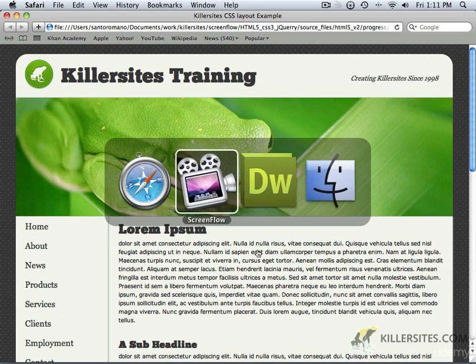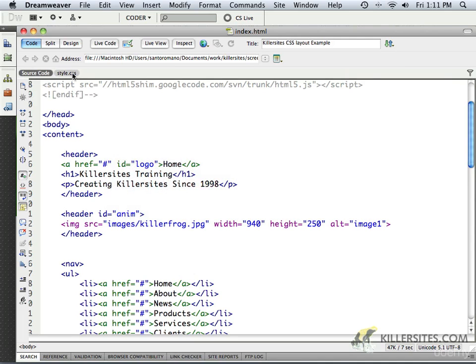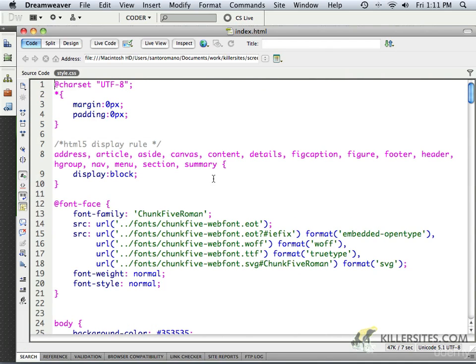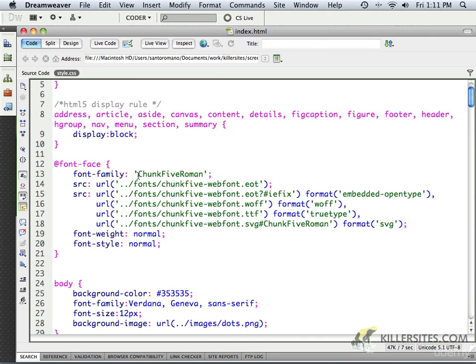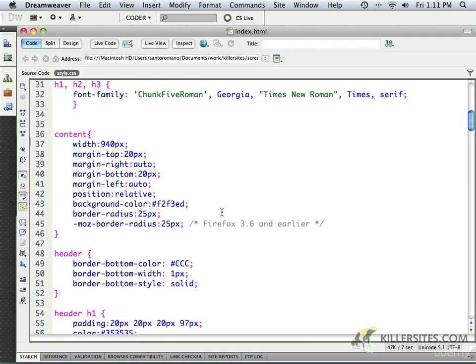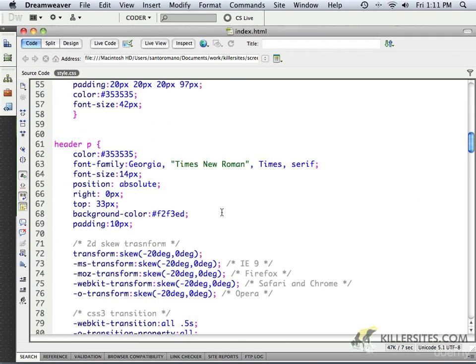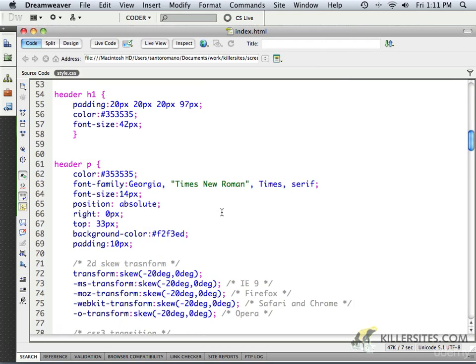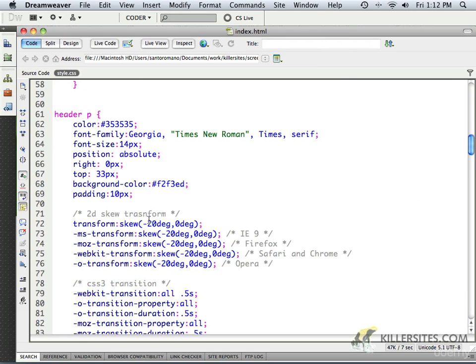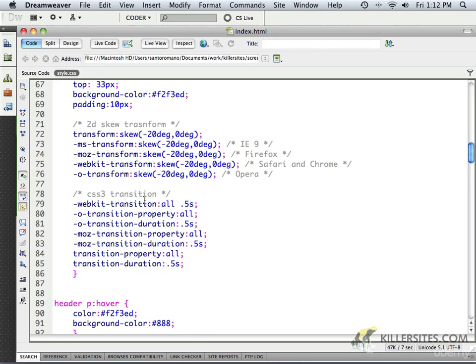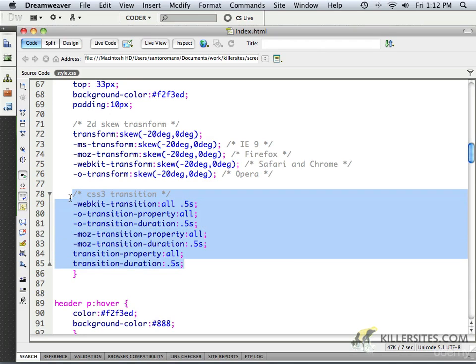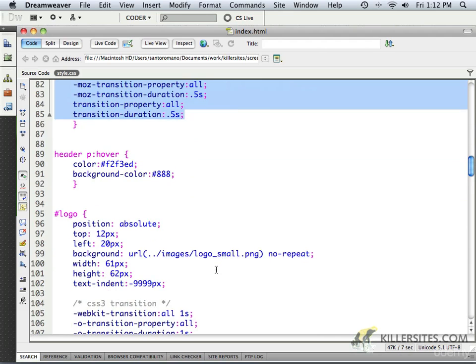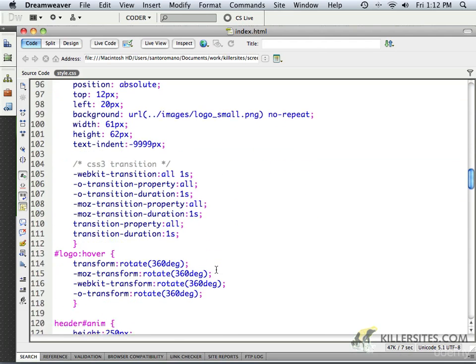So let's jump back to whatever editor you're working with, and I'm still working with the progress file, and as you can see, our add font face is addressing the chunk 5. But we want to talk about the navigation elements, and while we're scrolling down, you see here's the header HP, the header paragraph, the one that was in fact transforming with its hover state here. What I'm going to do is to copy this transition information, copy, Command C, Control C on a PC, and